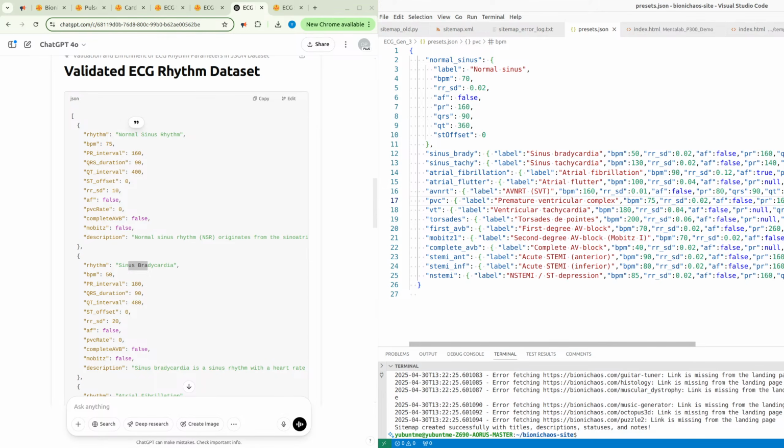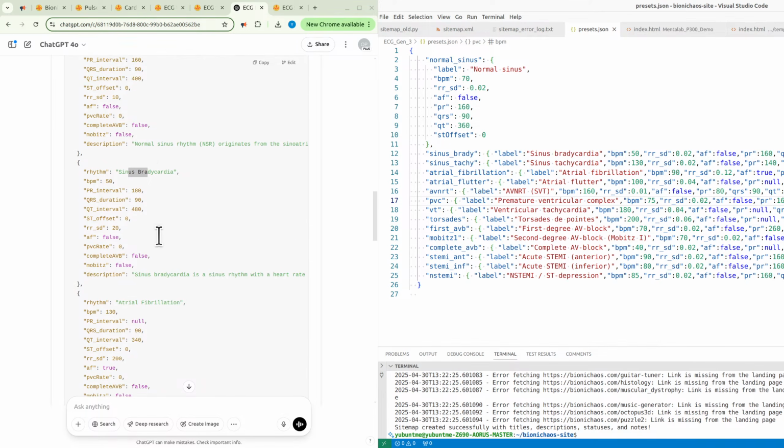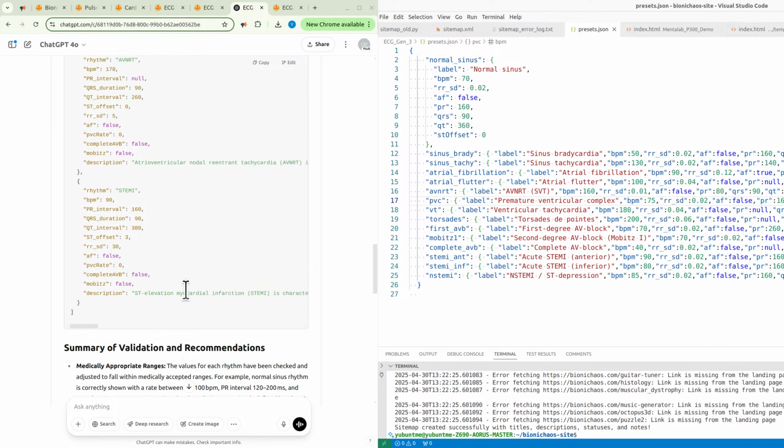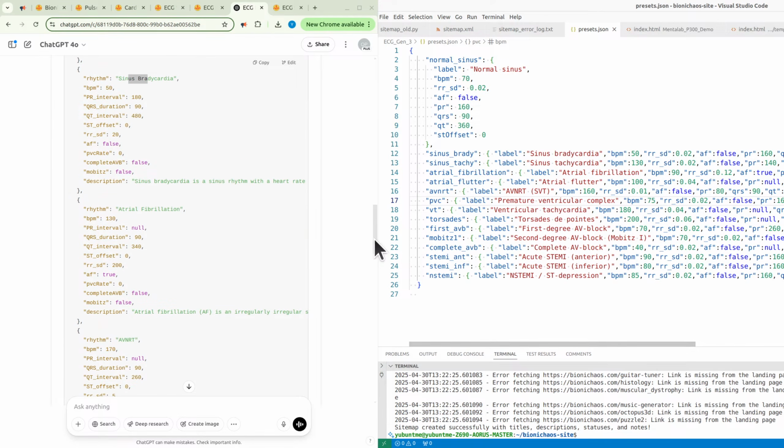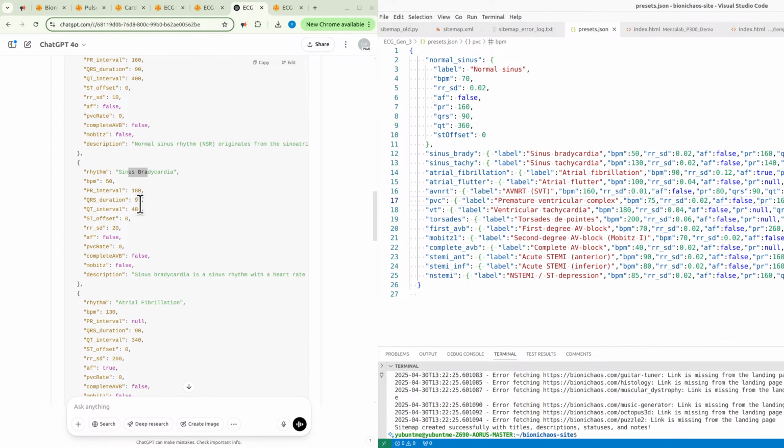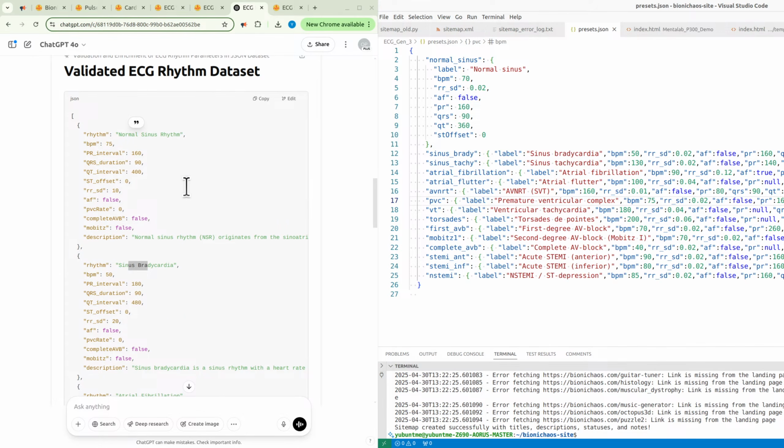There's a couple of things. Yeah, it's corrected. So it was only able to confirm 5 out of whatever conditions we have, ECG abnormalities.